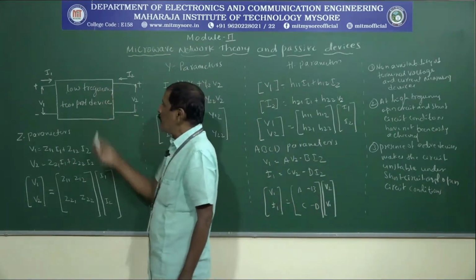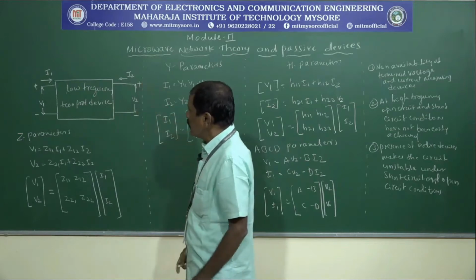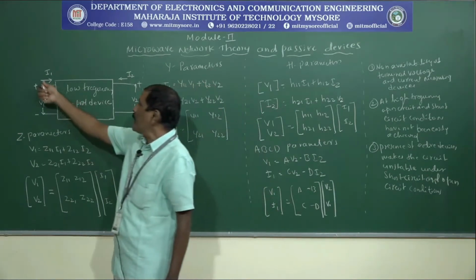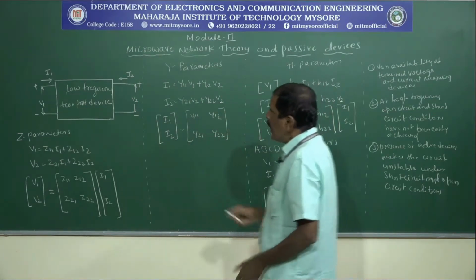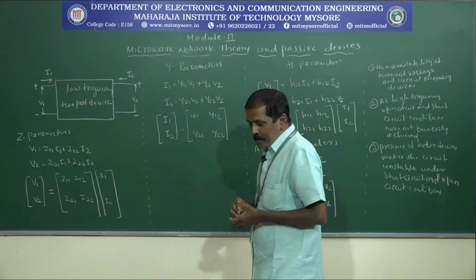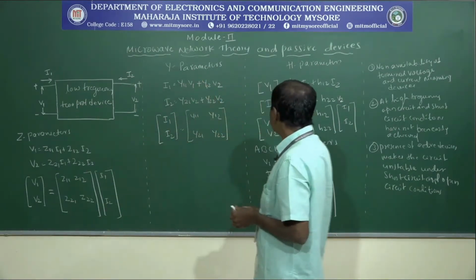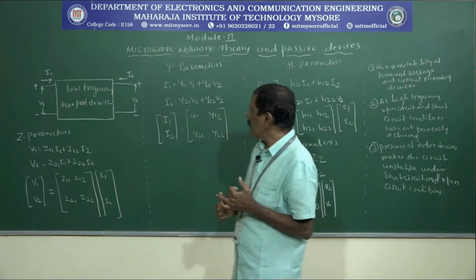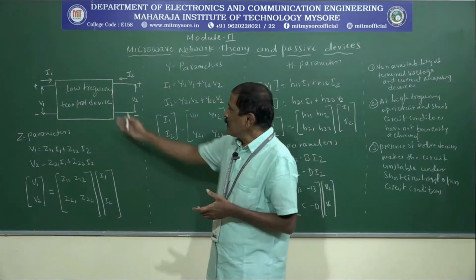Now let us consider a low frequency 2-port network, and this is our input and this is our output. At the input we are applying the voltage V1, and at the output we are getting the output voltage V2. I1 is the current due to the voltage V1, and I2 is the current due to the voltage V2. In order to analyze these low frequency networks, we are using different methods or techniques. One is Z parameters, another is Y parameters, another is H parameters, and another is ABCD parameters. These are used to analyze low frequency